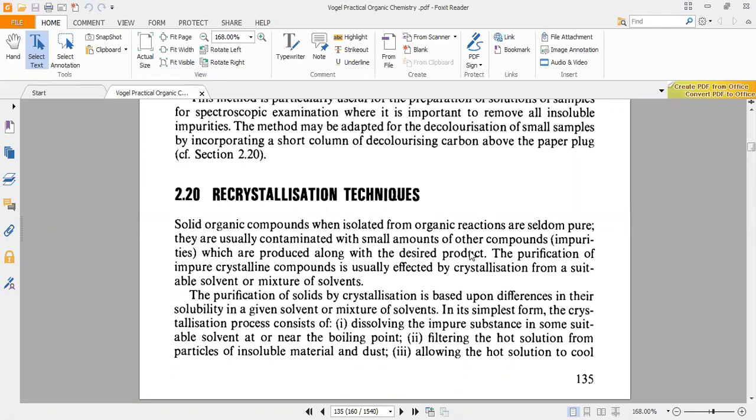When the temperature decreases gradually, no doubt the solubility also decreases. So when solubility decreases, the compound which exists in the crystalline state starts settling at the bottom of the flask. This is called the crystal lattice. You will find very good crystals at the bottom of the flask. Crystals normally have a higher density than the liquid, so they settle at the bottom or the walls of the flask, and then we can separate them after filtration. So this is how we do it.